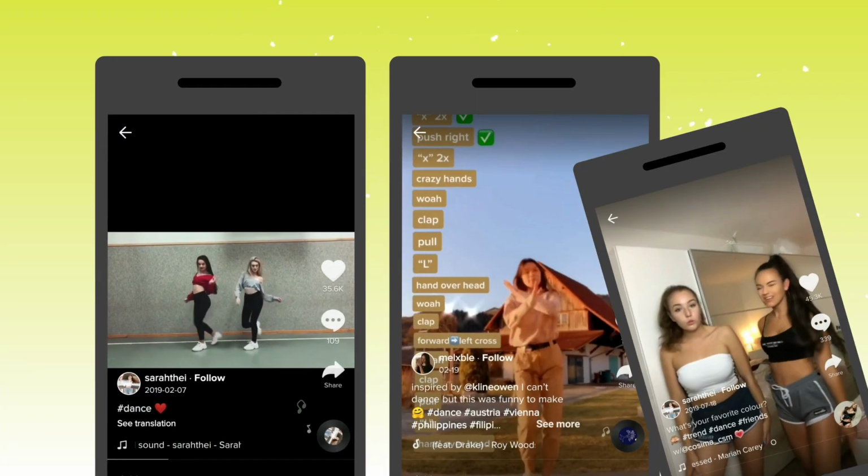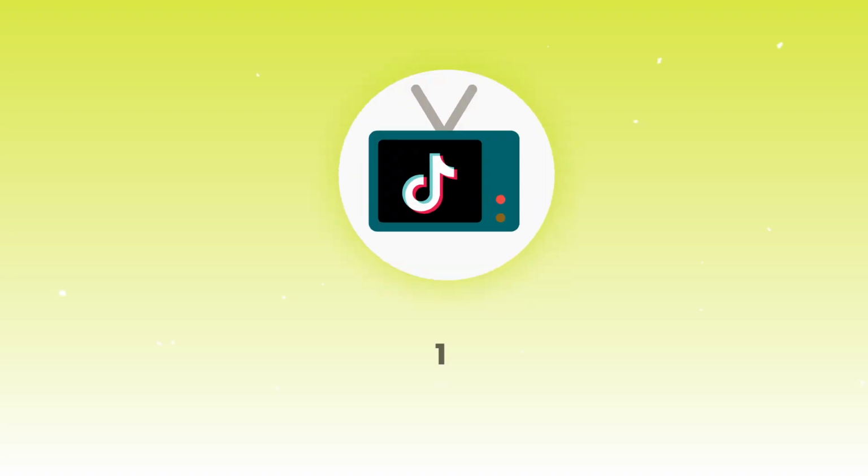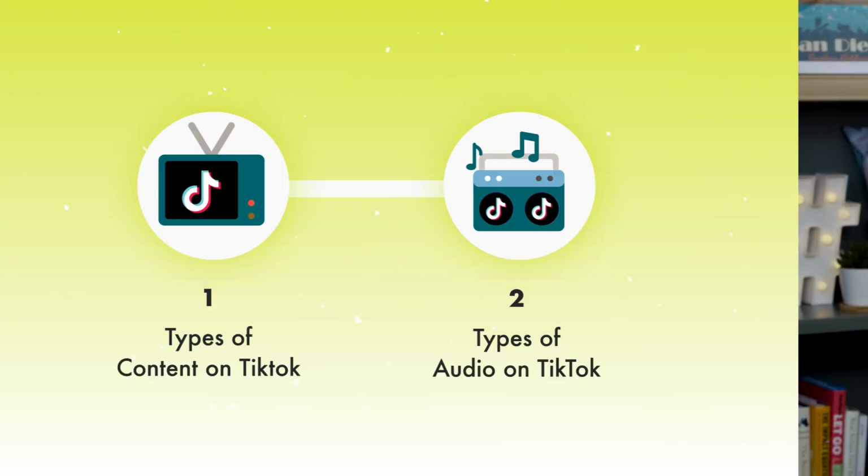Now, it might seem like a crazy, weird, wild dance contest on TikTok, but believe it or not, this app has an incredibly established culture with a whole bunch of unspoken rules, and we're gonna dive into those. I'm gonna break down the culture for you so you feel comfortable and you know exactly how to fit in